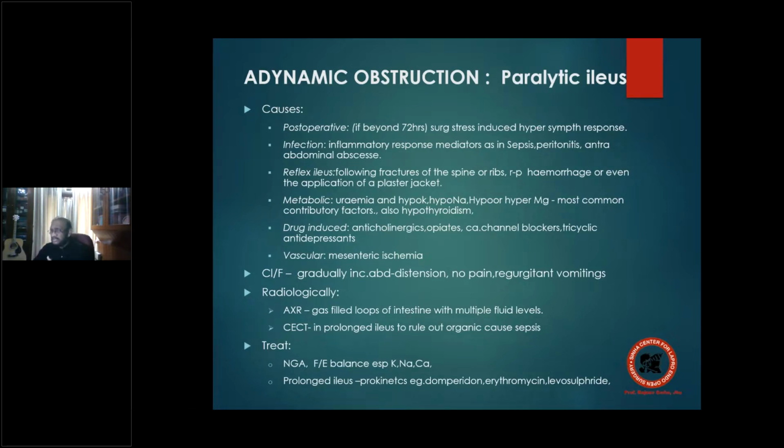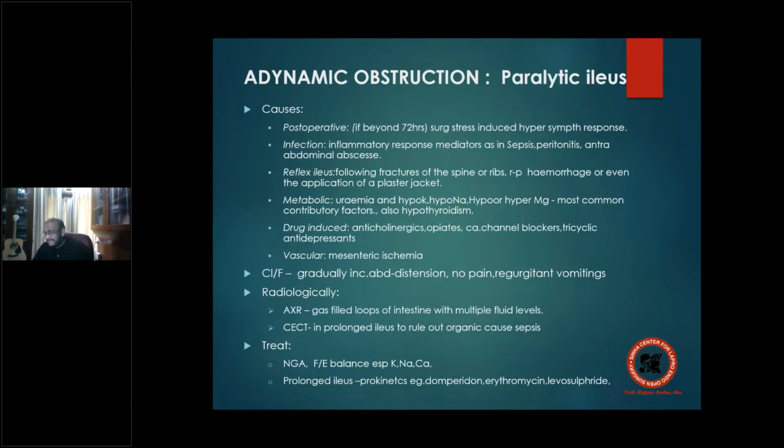The moment you start using the whip on a horse, you are flogging. So you keep on flogging. In the initial stage, what's going to happen? The horse is going to run fast until he tires out. When he tires out, whether you flog the horse or not, he is not going to run fast. Simple. In paralytic ileus, initially if you use a stimulant, the peristaltic activity is stimulated. But if something is causing a neurogenic block, no matter how much stimulation you carry out on the intestine, ultimately the intestine has to tire out.